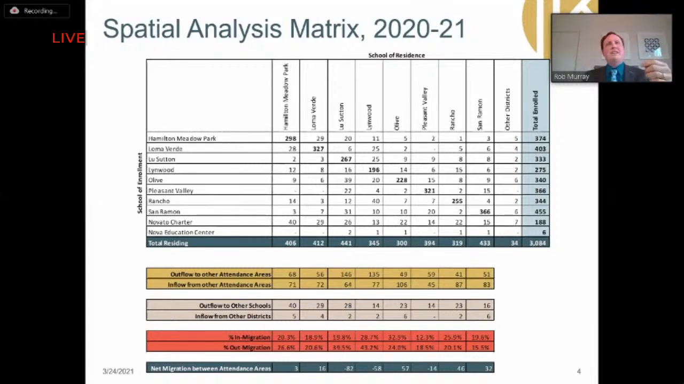But what you see on these is that across the top, you have the schools of residence. So you look down a column, and you see all the students who live in that boundary, and then you see what school they're actually attending. And this is where it's significant to mention that Novato Charter and Nova are in here, because when we're